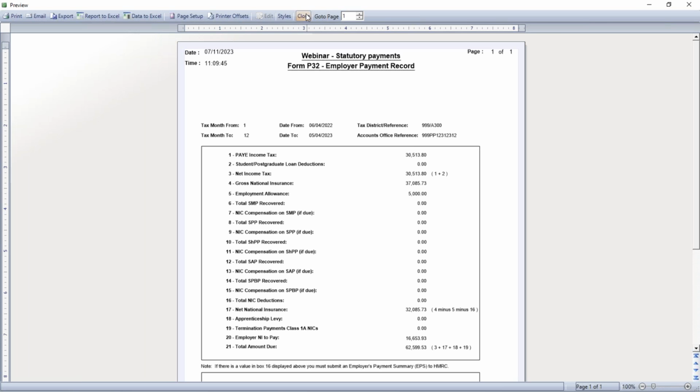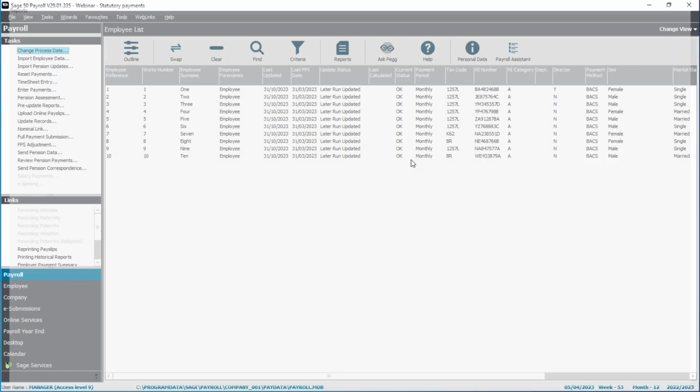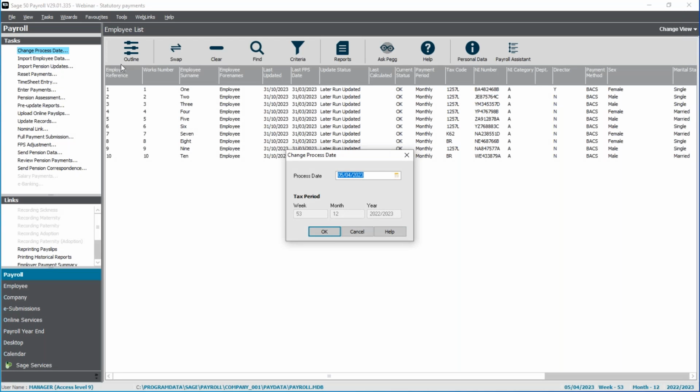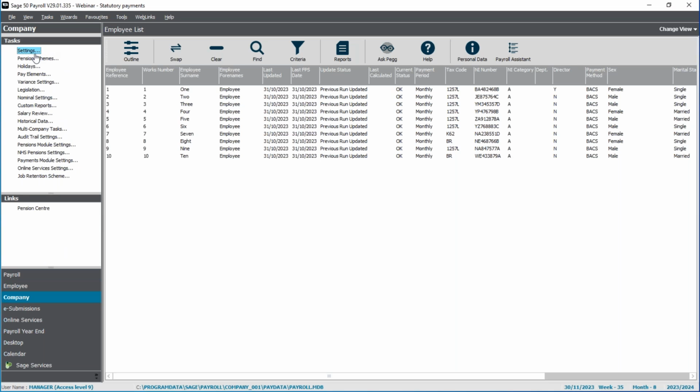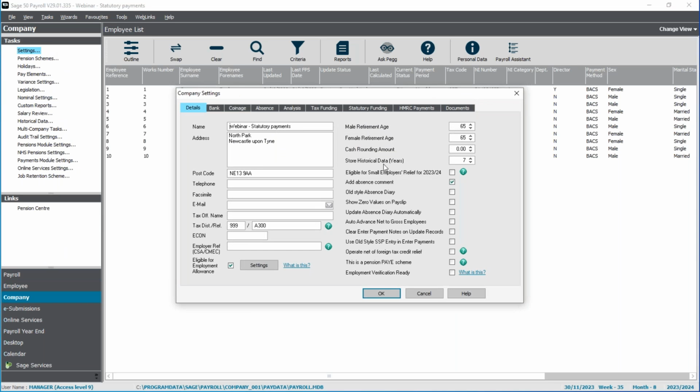So that's established that I qualify. If I just set my process date back to my next pay date, which will be the 30th of November, what I can then do is I can check my company settings. So just go to the company tasks here at the bottom and then settings. And then there's a tick box that you can tick if you're eligible for small employers relief like I am,